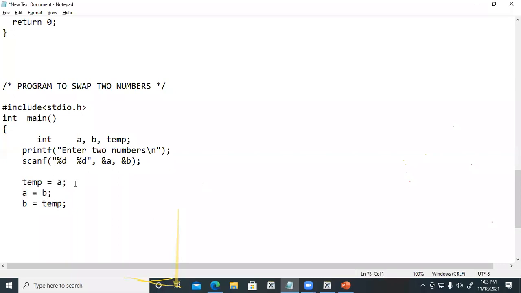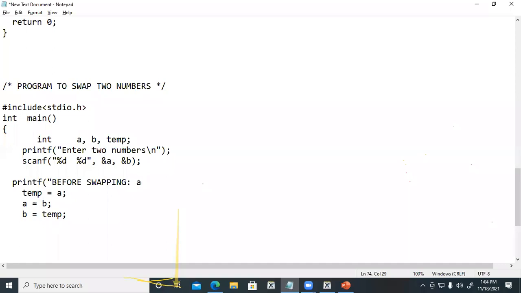Okay, so what I do is before swapping, I am printing the numbers so that you will come to know. I'll just print a message here, before swapping. Okay, so I'm just printing the values of A. A is equal to how much?